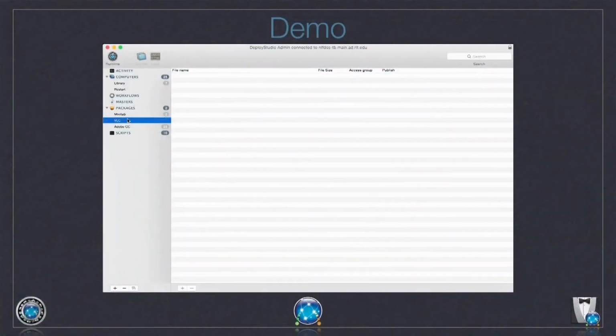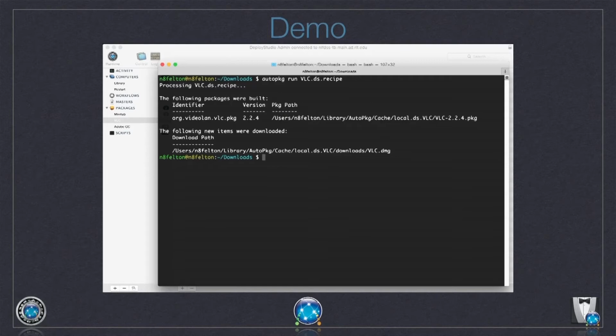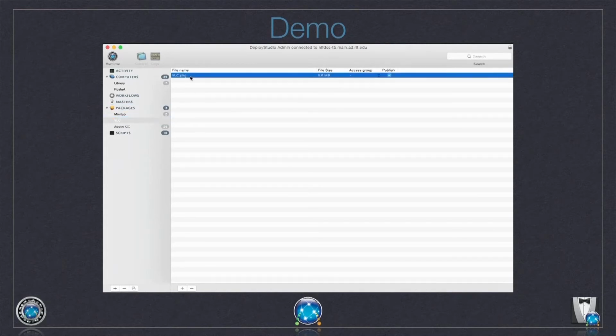Very quick demo. Hopefully it doesn't go by too fast. You can see here that I have a VLC package group that is currently empty. I have no files in it. Push button. There it goes. If I run AutoPKG with my VLC DeployStudio recipe, it downloads the latest version of VLC, dumps it into the package group for me on the file system, and now you can see I have the latest version of VLC